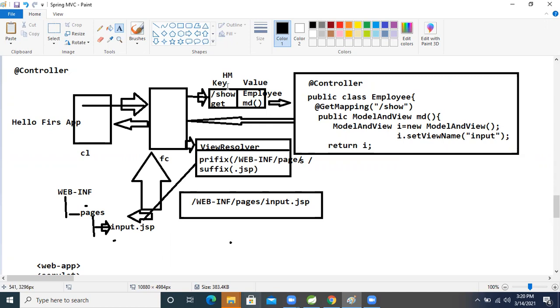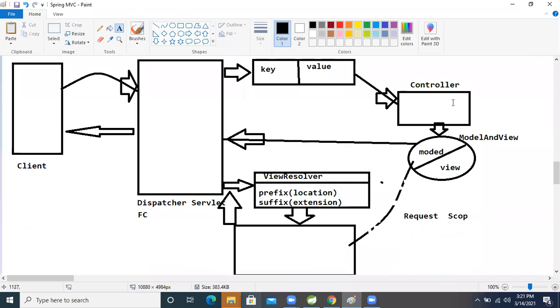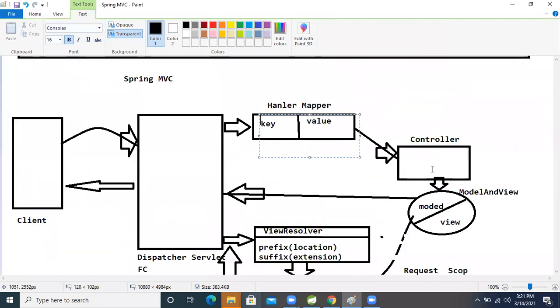We will see that. But here we will not call the handler mapper, the front controller will call it, and internal things will happen. The next step is how the execution flow works, because of that I explained the handler mapper. We can't see the handler mapper in our application, so don't worry about that. We will just configure this and write this JSP page. That's it, and we can see our favorite result, okay?